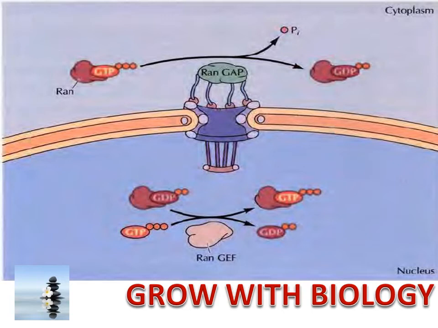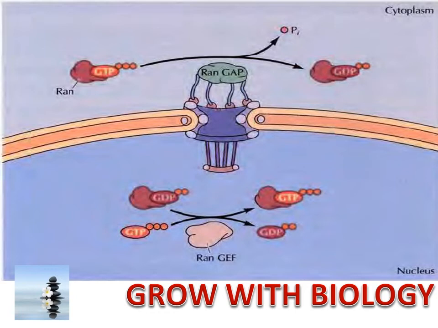Next, this diagram represents that while we are talking about transfer of proteins from inside to outside, we require one protein known as RAN protein. Now what is this RAN protein? RAN regulates the movement of macromolecules. It is a GTP binding protein. RAN GTP is present outside in the cytoplasm, and this RAN GTP will convert to RAN GDP with the help of RAN GAP.